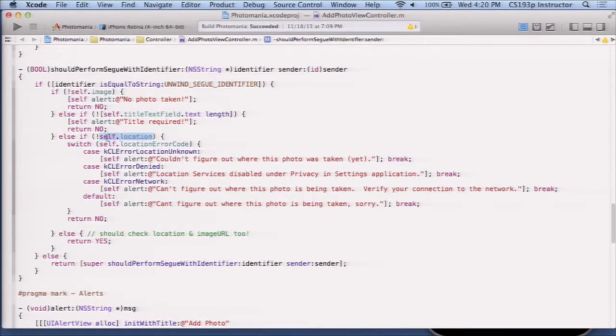And so if I didn't get a location, if location is nil, then I'm going to look at that error code that I got. Now, it might be 0, which is error location unknown, in which case, what does that mean? If either I have never gotten an error or I got an error and it said location unknown, which is 0? Well, that means it's still trying. Okay, it hasn't gotten an error that says I can't get the location, but it's still trying. So that's what we're going to tell the user. It's like, I couldn't figure out where this photo was taken